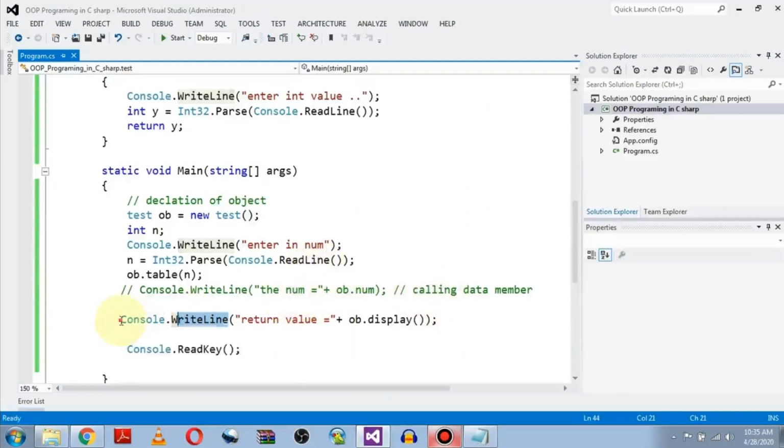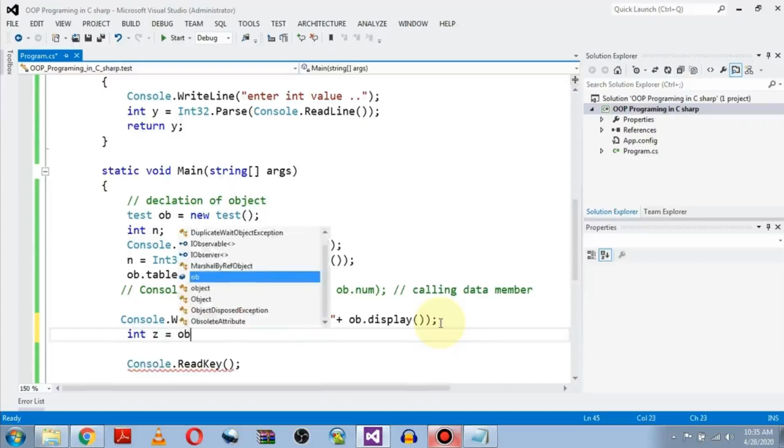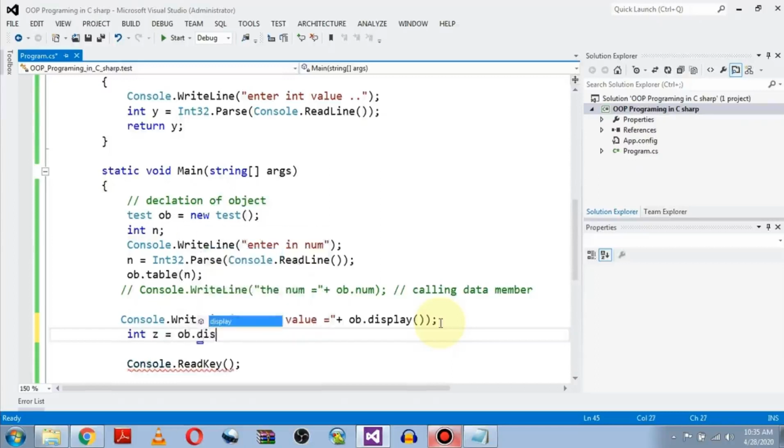So you can also receive this value with the help of, let's see, declaring some variable z and ob dot display. So again we call a function, and this function will be returning some value, and the value is of integer type. That's why we declare a variable with an integer type.